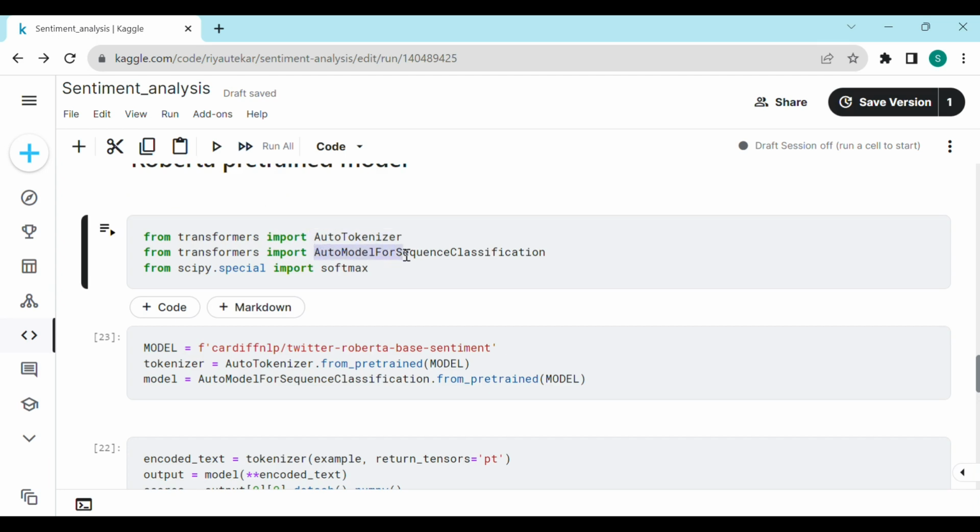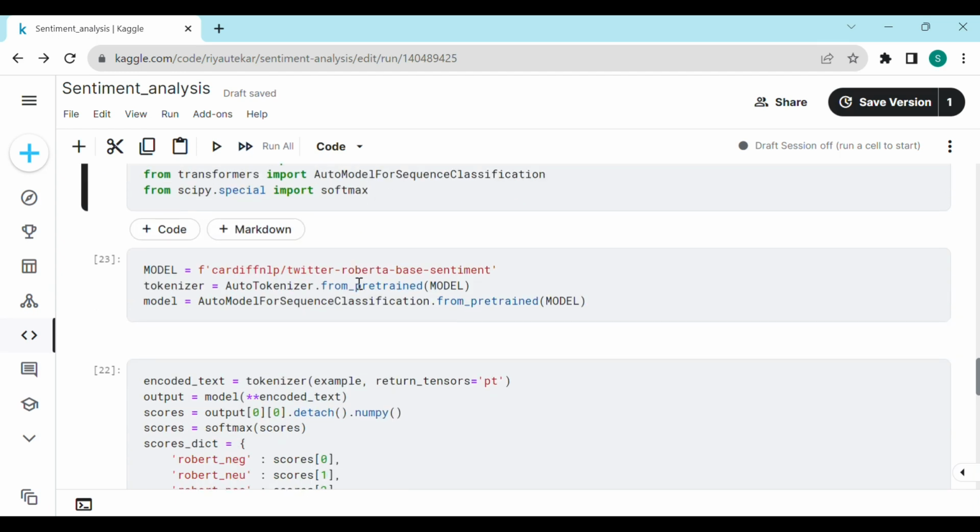And then we are also going to import softmax from SciPy special, which we will apply to the outputs because they don't have softmax applied, and this will smooth out between 0 and 1. And then we run the AutoTokenizer and the AutoModelForSequenceClassification method and load it from a pre-trained model. It will pull down the model weights that have been stored, and this is really great because this model